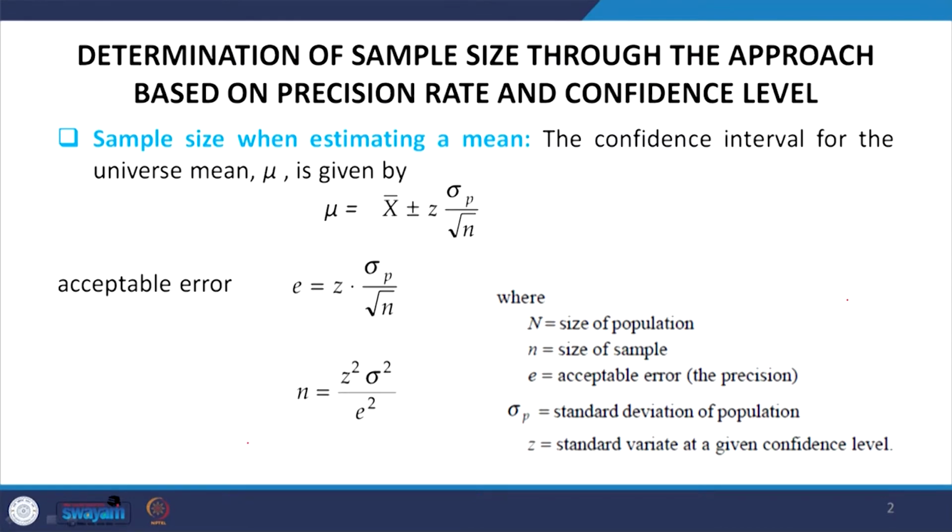Now, as a continuation of my previous lecture on sample size determination, this lecture is titled Sample Size Determination 2, so I do not have a specific introduction slide, and I will start from the previous lecture. The previous lecture was on understanding sample size through two important parameters: one is the precision rate or the margin of error, and the second one is the confidence level.